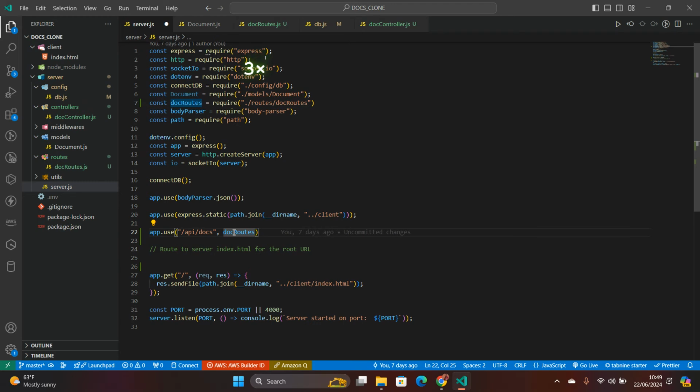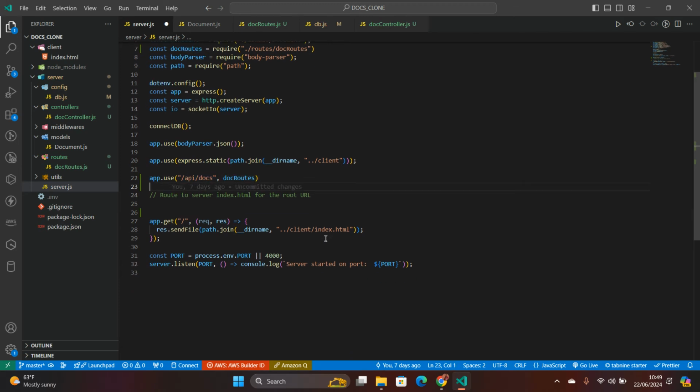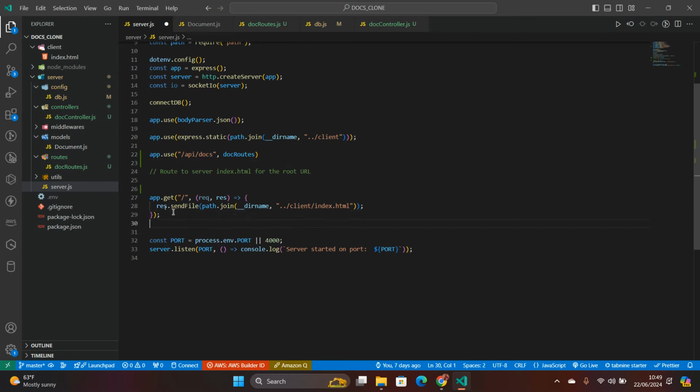So that's the path that we are going to be using. And this path is the one that we have just stated here. Now let's create the magic part, the interesting part. That is now